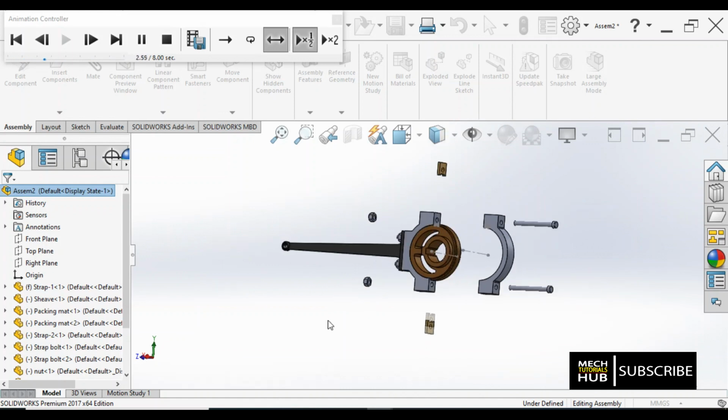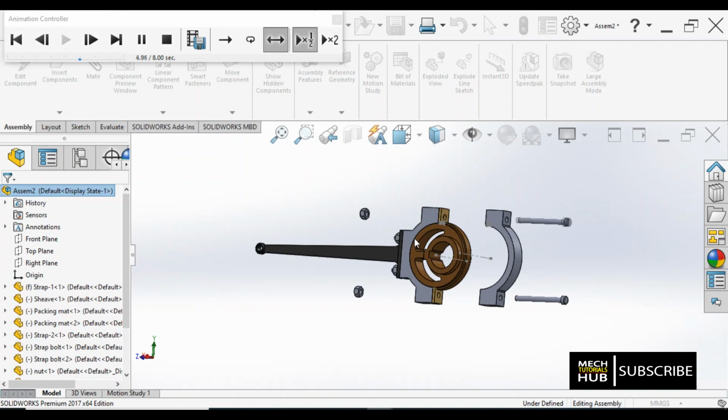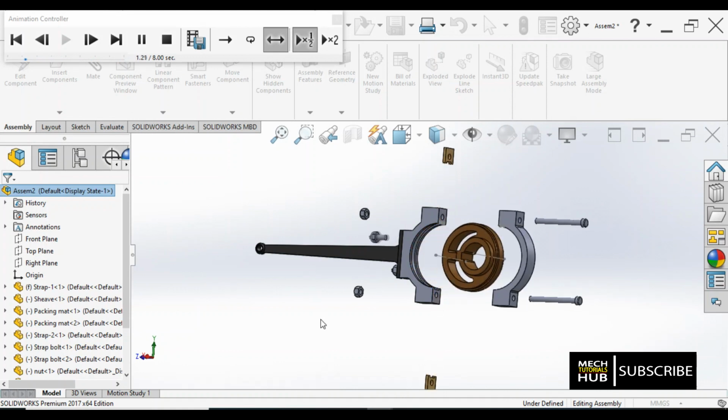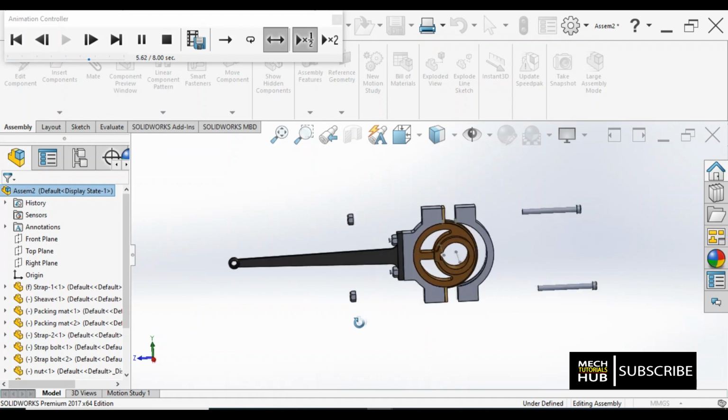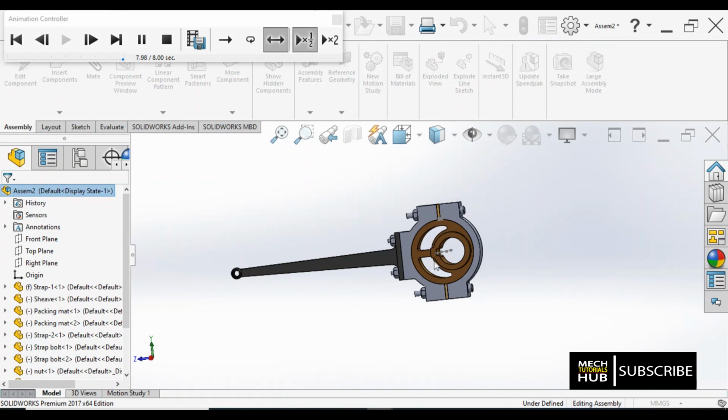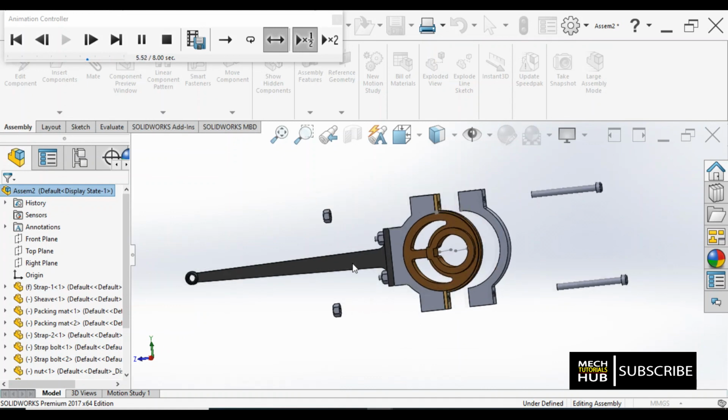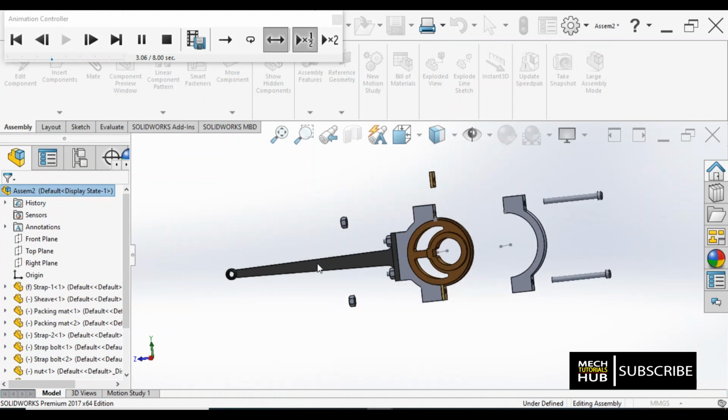This is how the animation will be of an eccentricity. In the same way, you can go with any of the assemblies. You can try at your home with all different assemblies, so that it will help you to practice SolidWorks in a better way.